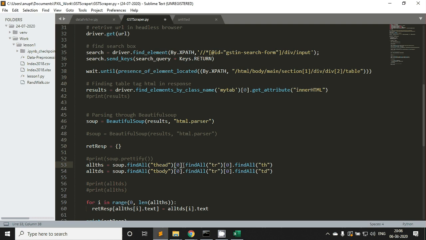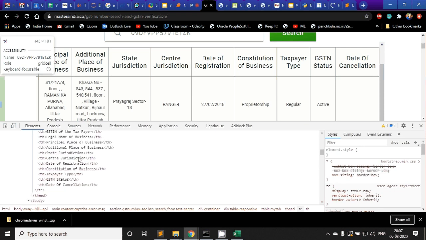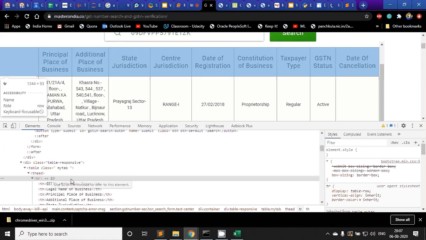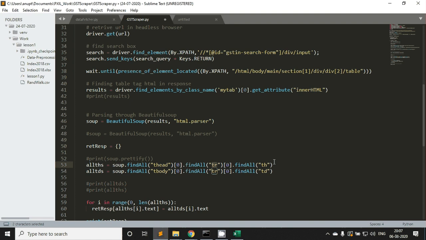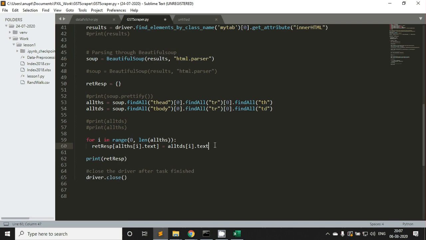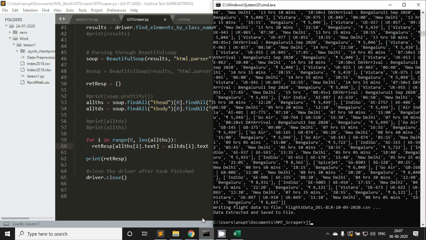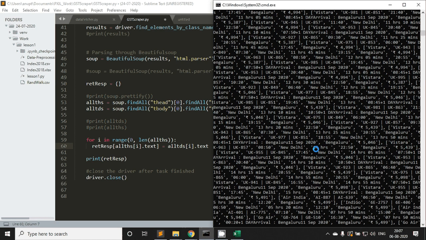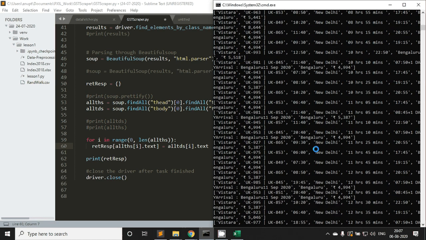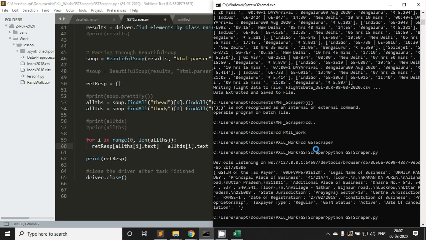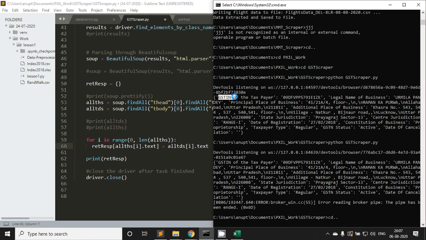And then simply I'm just assigning TH to TD, okay? Because that's how it makes sense. So that's how it would be a correct key value pair. Okay. So these are all the simple steps to scrape a website like this.